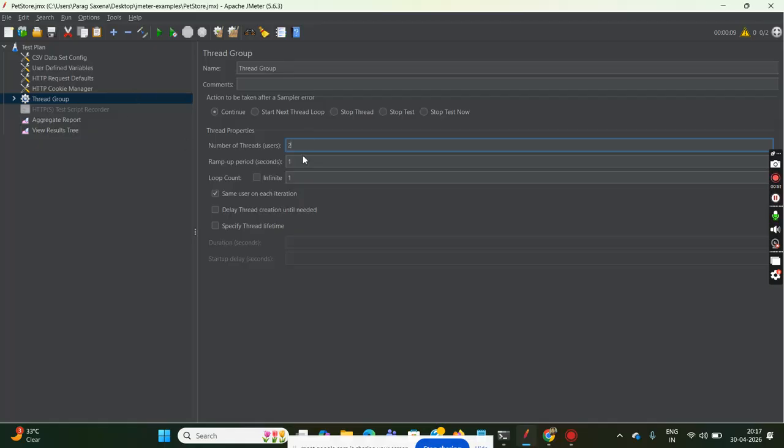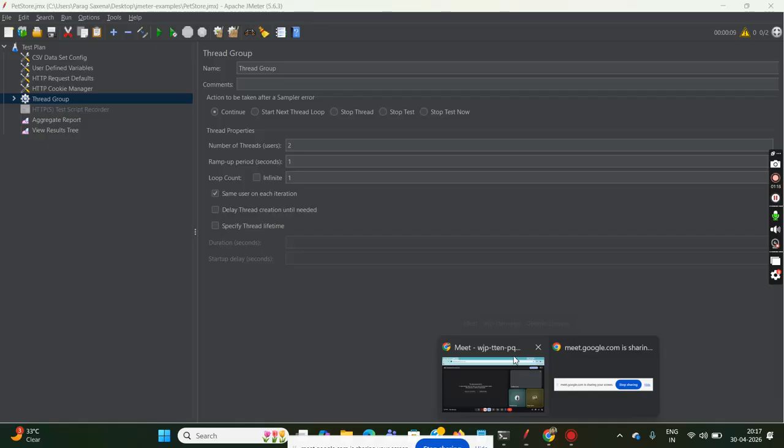To make the execution fast and to reduce the memory size, and to run a large number of thread groups, a large number of users, it is preferred that you use the command prompt to run